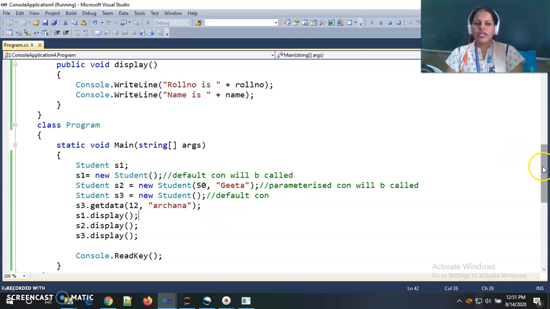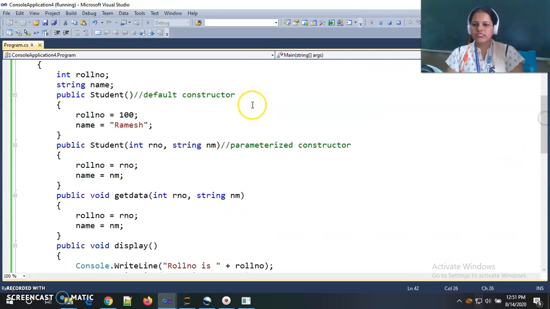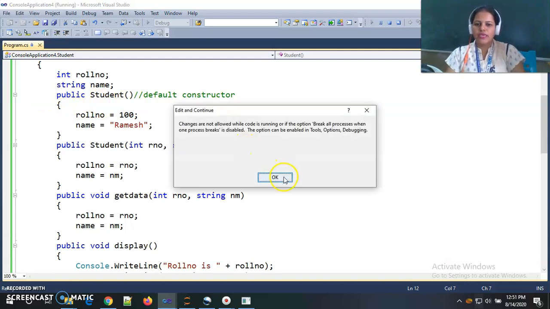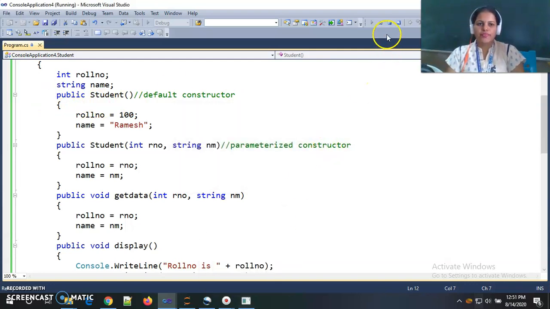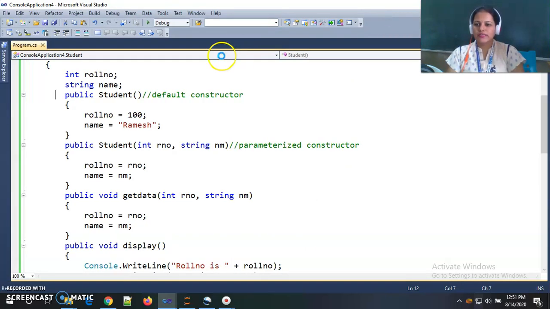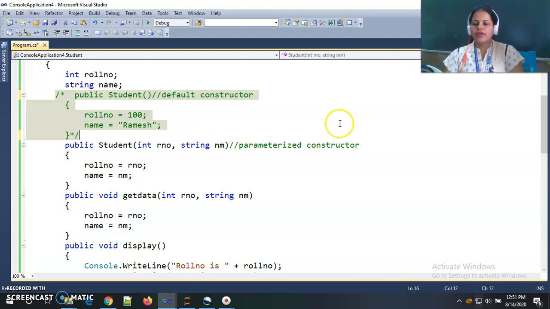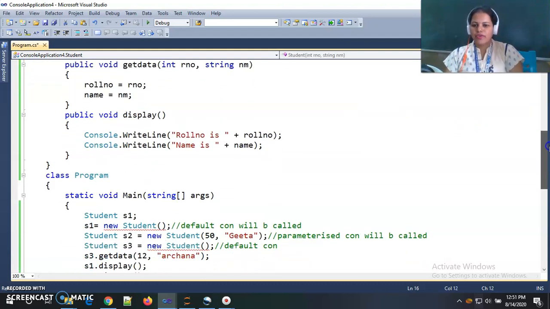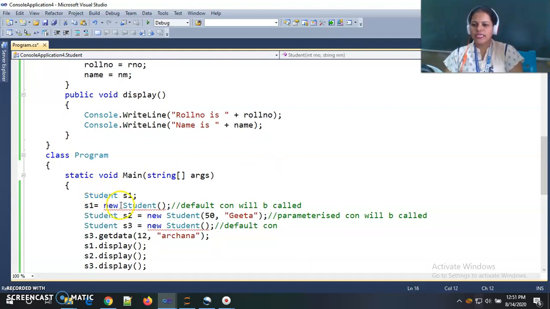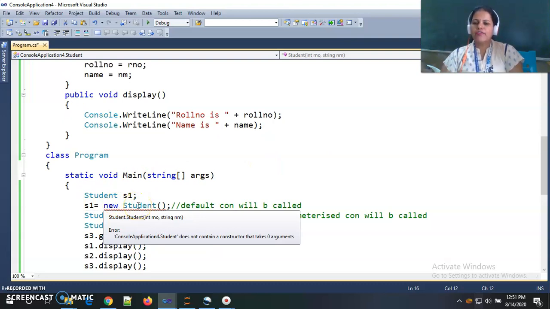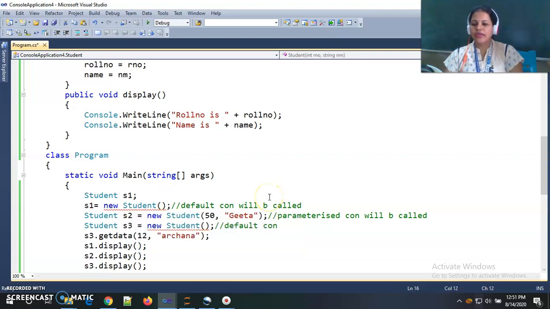If we are defining only the parameterized constructor and not defining the default constructor, then there will be an error. See what that error is. If we comment out this default constructor, then what is the error? We can't define the object like this, because we are defining the parameterized constructor and not the default constructor.